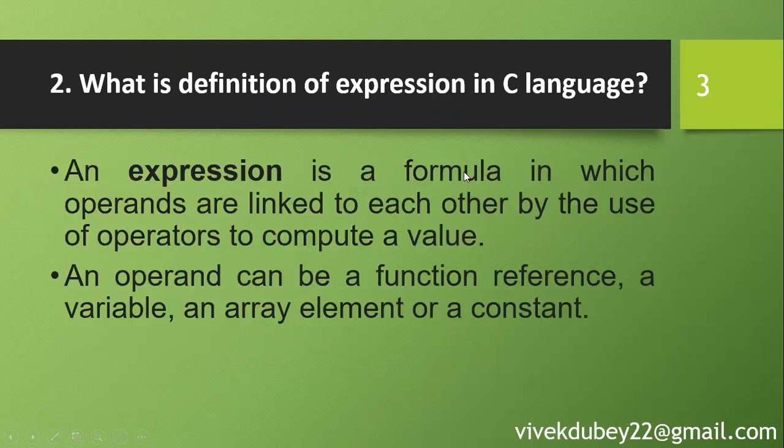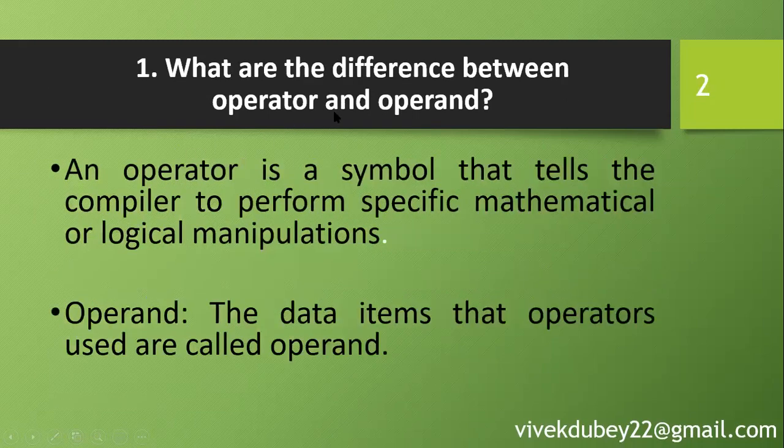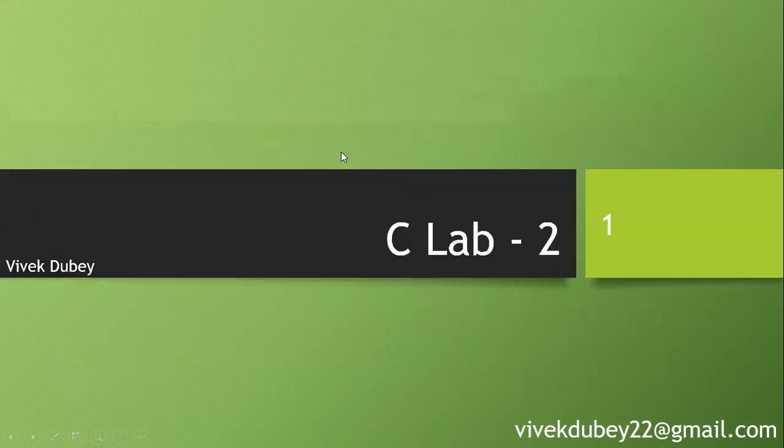Now in this slide we have seen the definition of expression. It is nothing but a combination of operands that are linked to each other by the operator. And this is the difference between your operands and the operator. So I hope you have